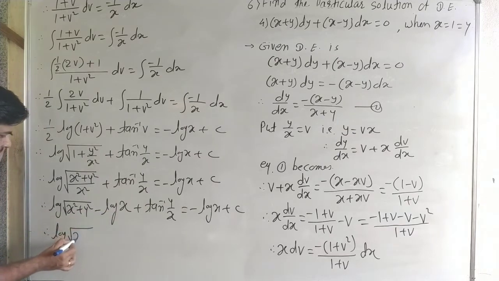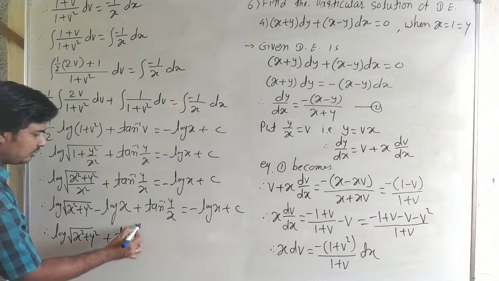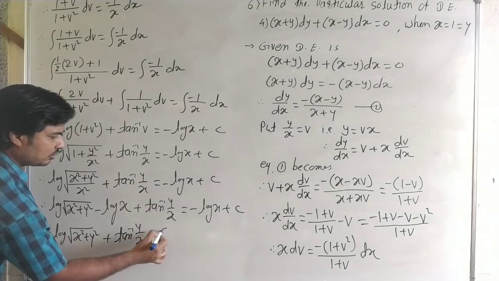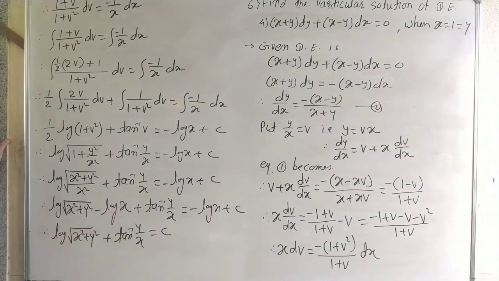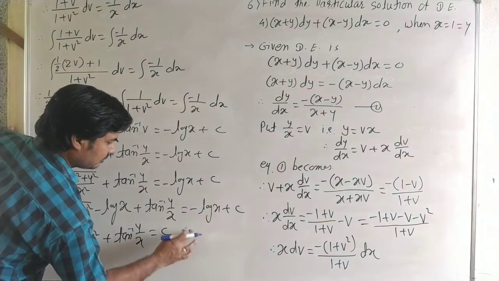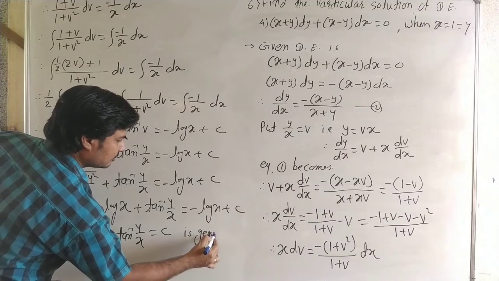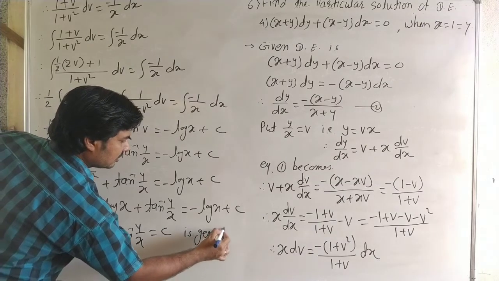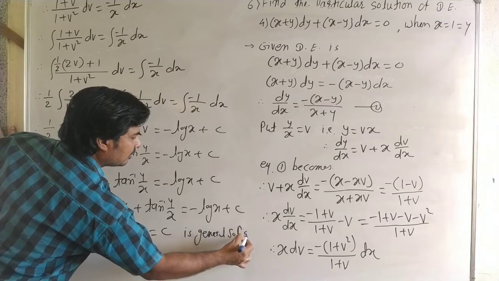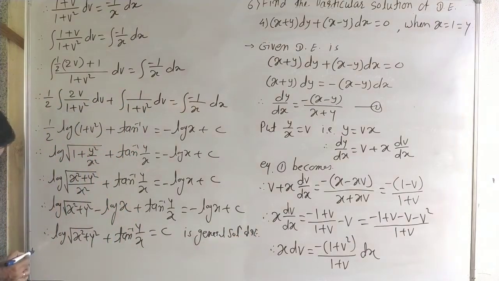Log of under root x square plus y square plus tan inverse of y by x is equal to c is the general solution of the differential equation. Okay, now